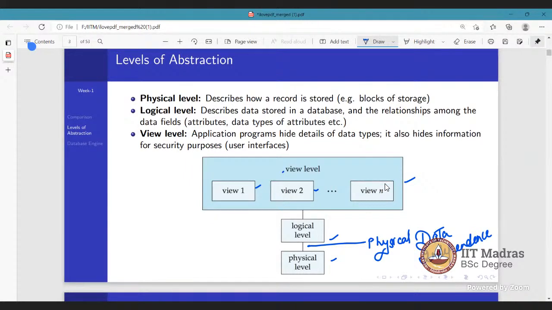By definition, it means designing the schema in such a way that changes made in the physical level will not bother the logical level. So implementation can be changed, but if the interface changes, it might be a problem.